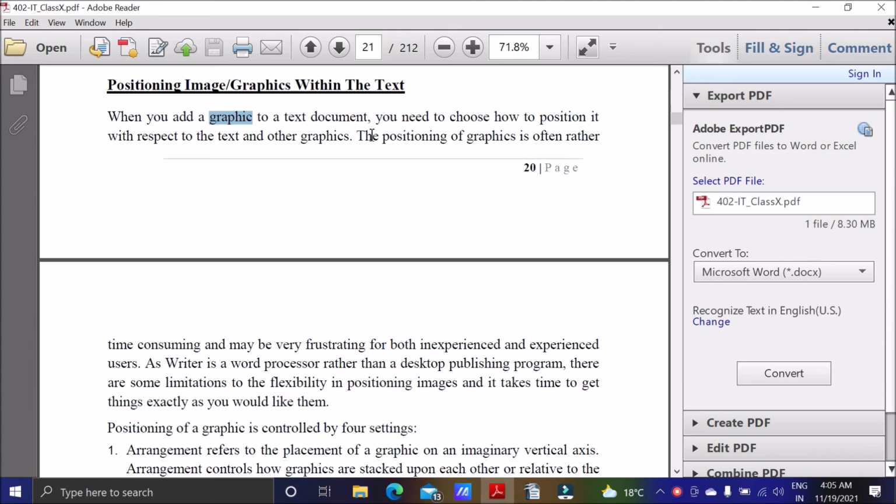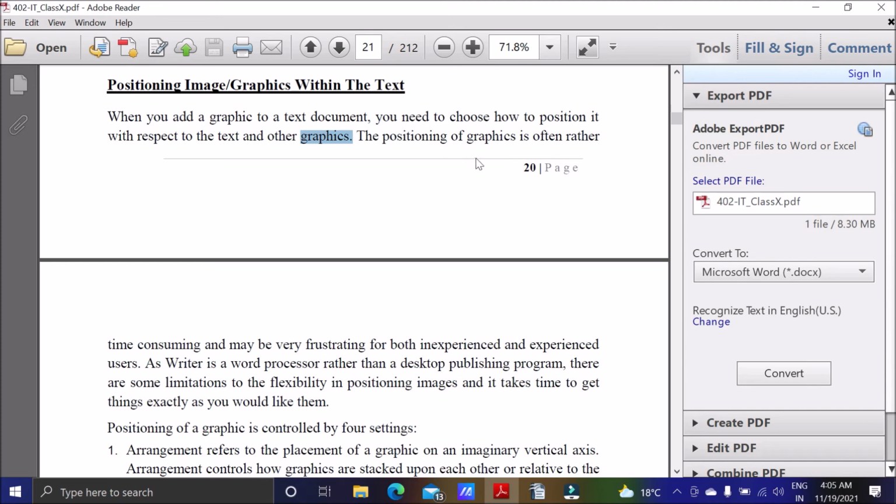You may want it at the top, in the center, or at the bottom with respect to the text, wherever you want to place it, or according to other graphics, meaning other images. You can shift the position of the image according to either text or graphics.